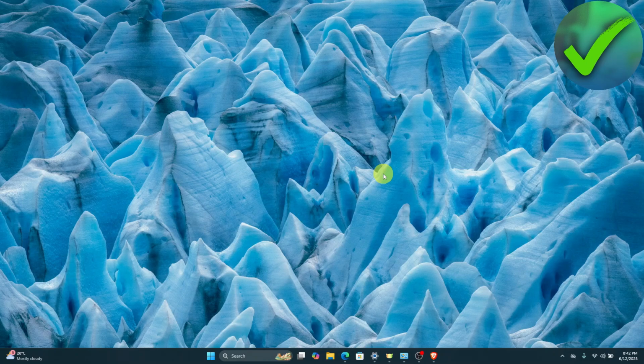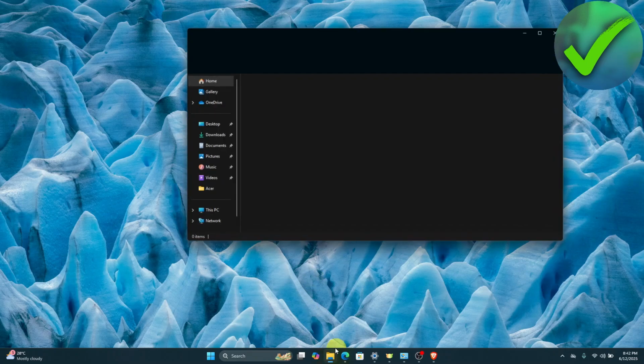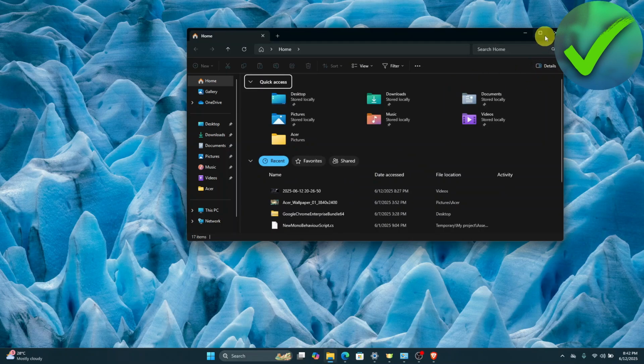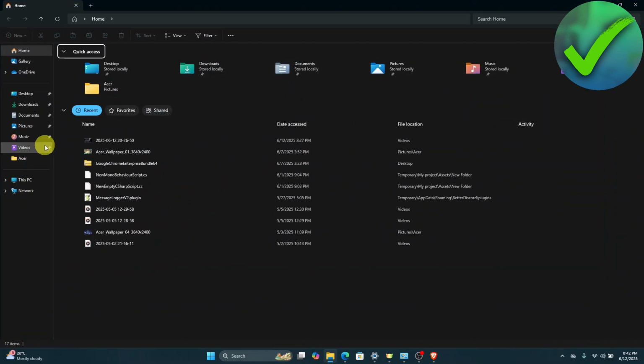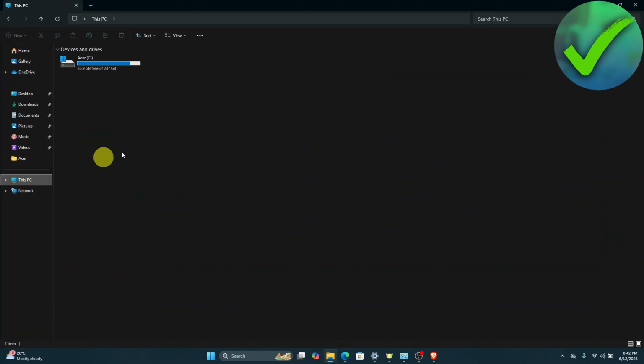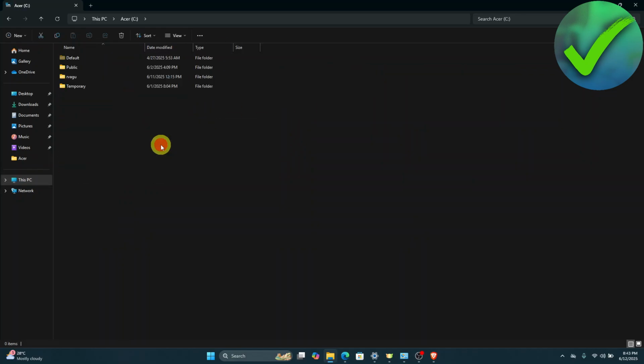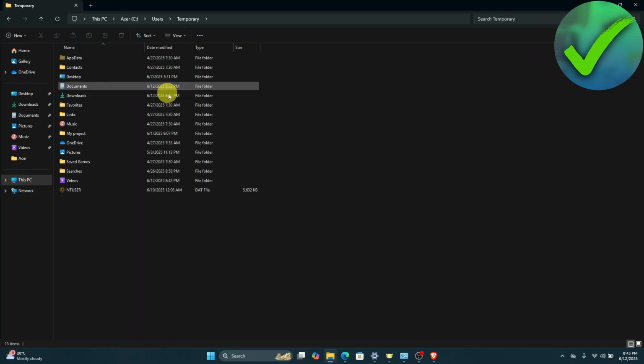So the first thing that we need to do is to go here, of course, on our desktop, and then let's open the Windows Explorer. So once you open your Windows Explorer, the next thing that we need to do is to click this PC and then open the drive right here. And then once you're now here, just click the users and then just choose your account right there and then